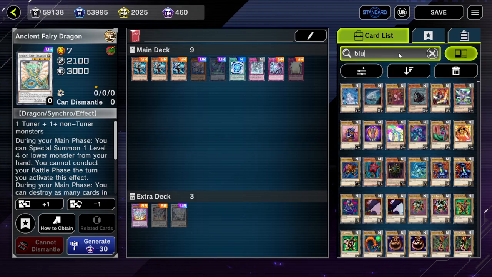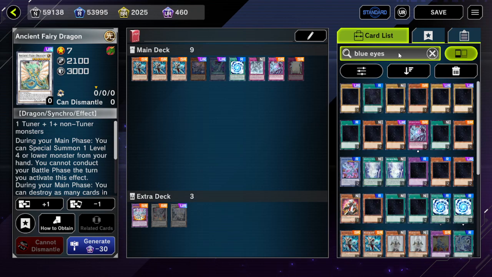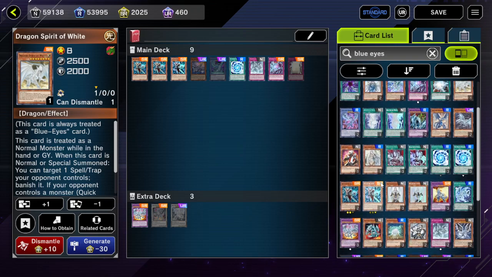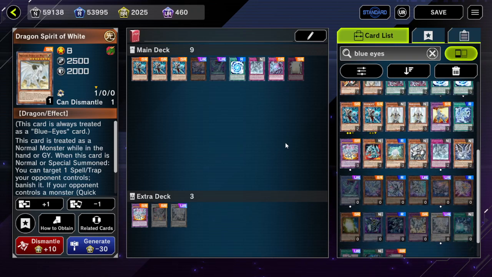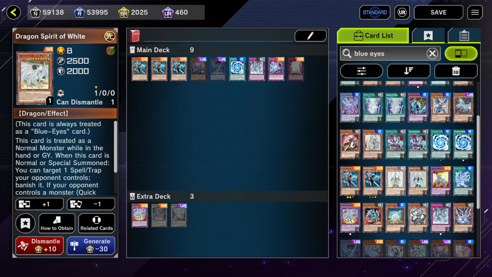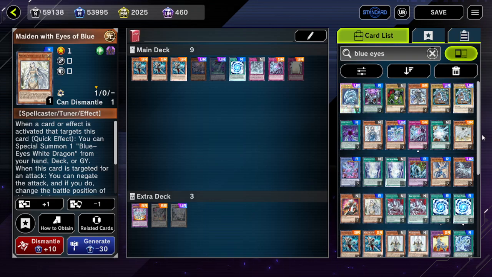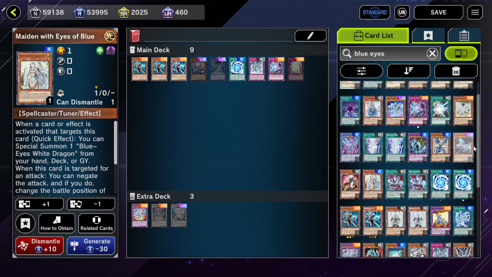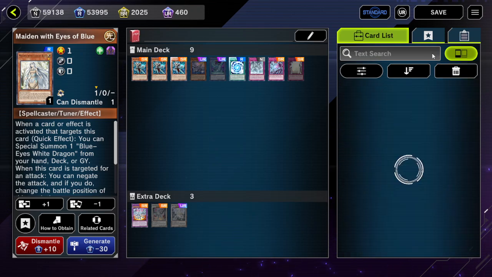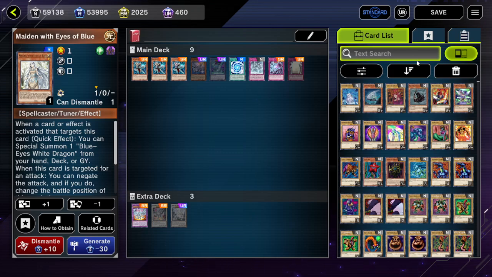So, back to Blue Eyes. After looking at a lot of their cards, it seems that these are the only interactions, I believe, that Blue Eyes has. Well, there's one card that doesn't show up here, I think. There's a UR missing. I'm not 100% sure what this does, so...